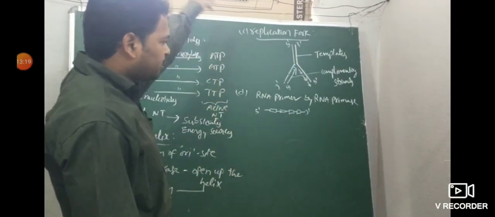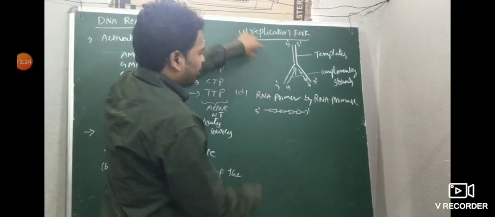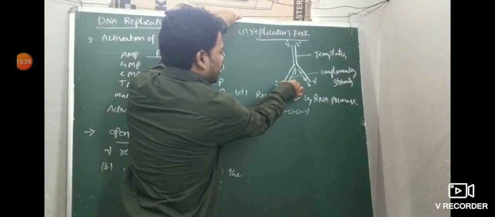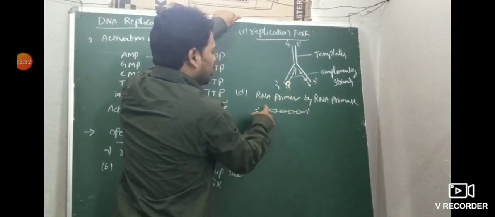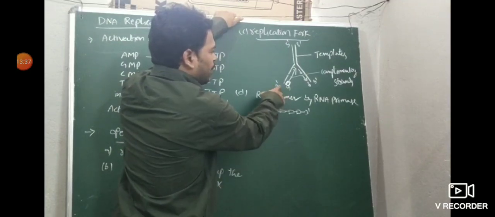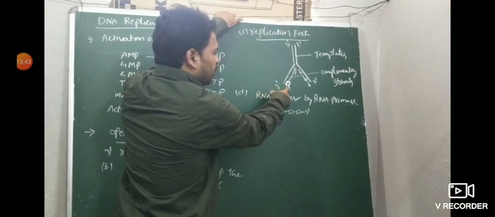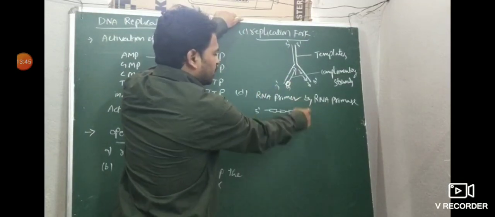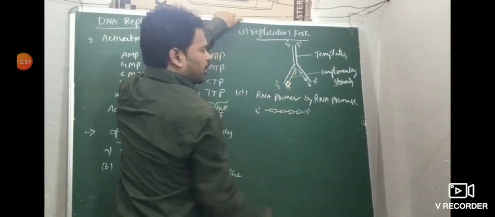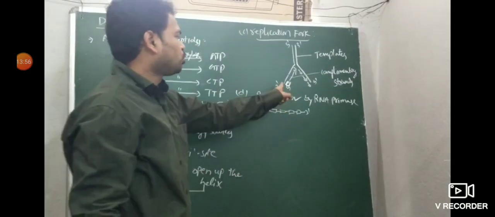The RNA primer always binds opposite to the 3 prime side. This is very important. This is the 3 prime DNA template. Here the RNA primer joins. This is the RNA primer exactly. So this RNA primer always forms opposite to 3 prime. This is 3 prime, so opposite to this one, then 5 prime it starts. Here is the 3 prime hydroxyl group, where another strand is joined. So the RNA primer always forms opposite to the 3 prime end.